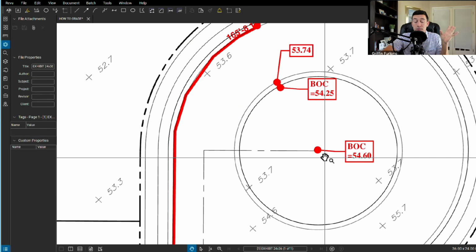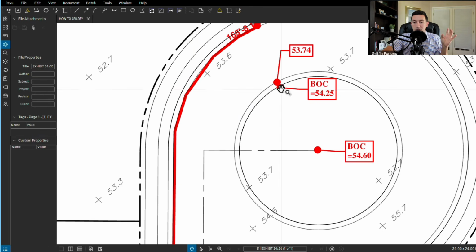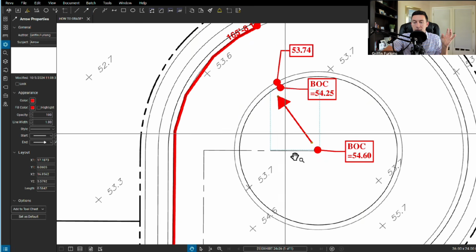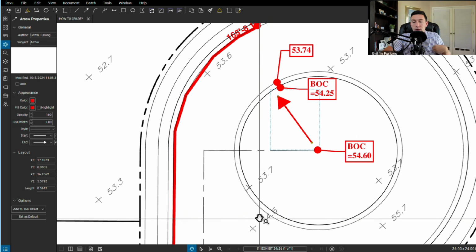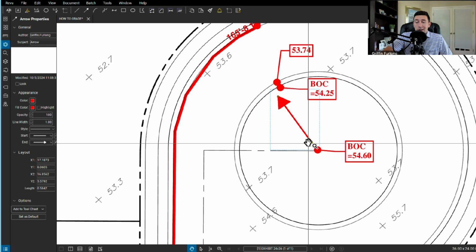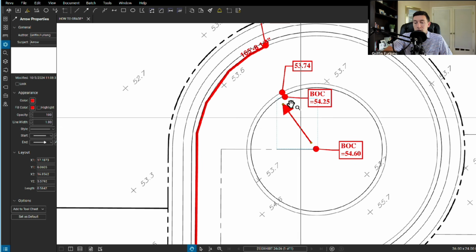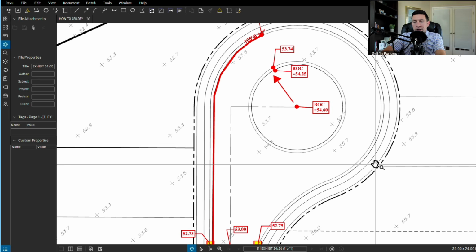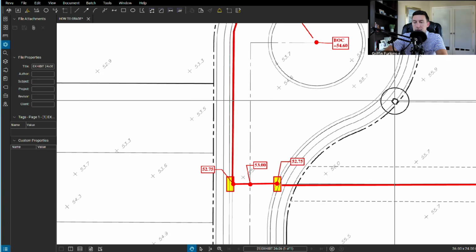44.6. And let's visualize this, guys. This grade is higher than this grade. So water is going to be sloping away in this grassy area off of this island into the gutter. And either way, water's going to permeate into this area anyway. We're most likely not going to create a bowl of water, but for aesthetic reasons, you want to kind of build up this area. Now, one grade that I kind of want to review, and it's important sometimes, is I